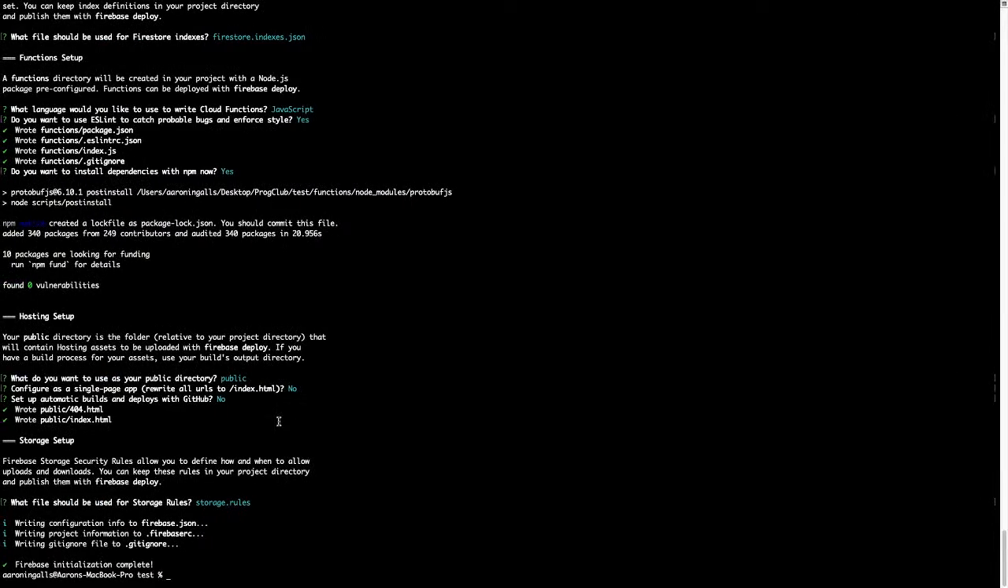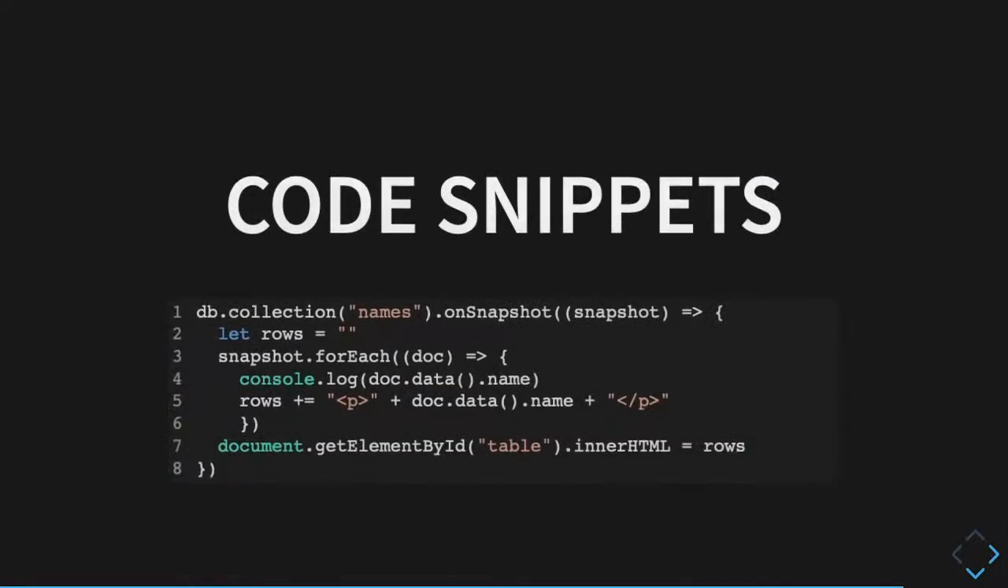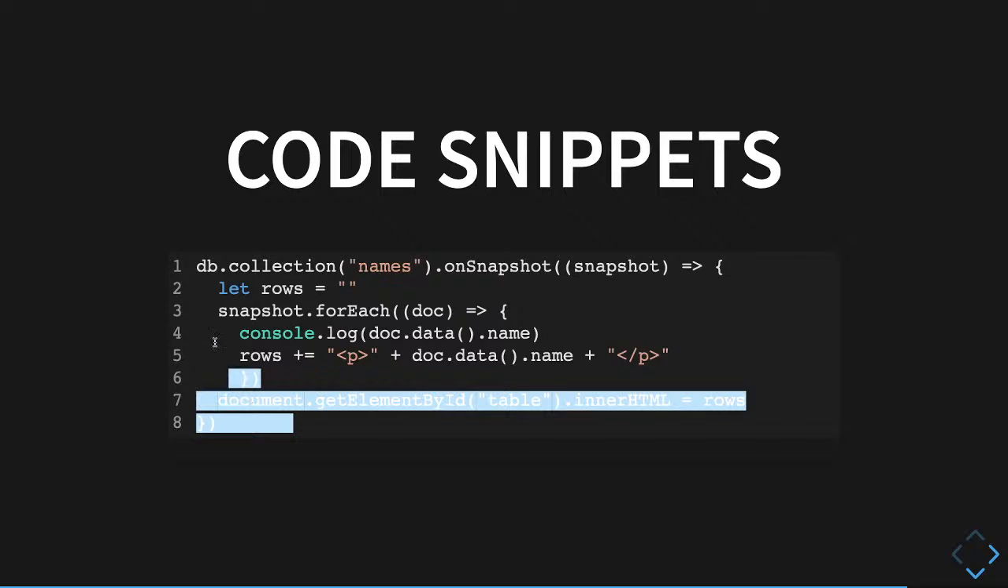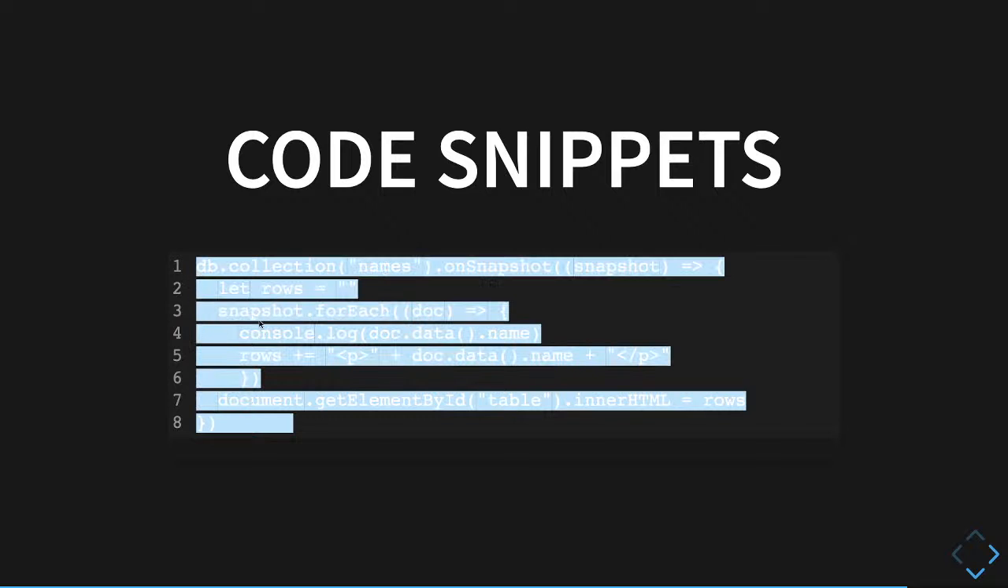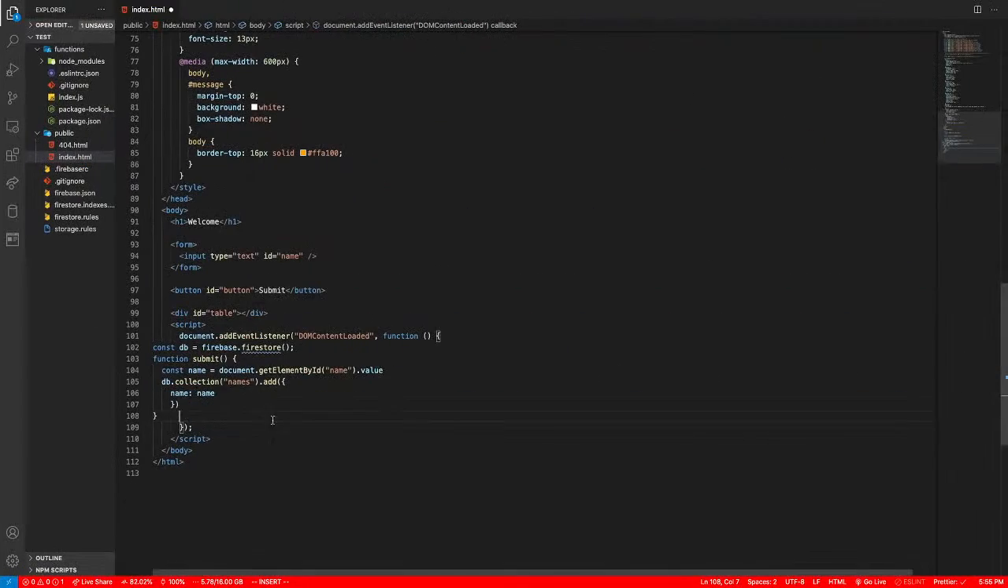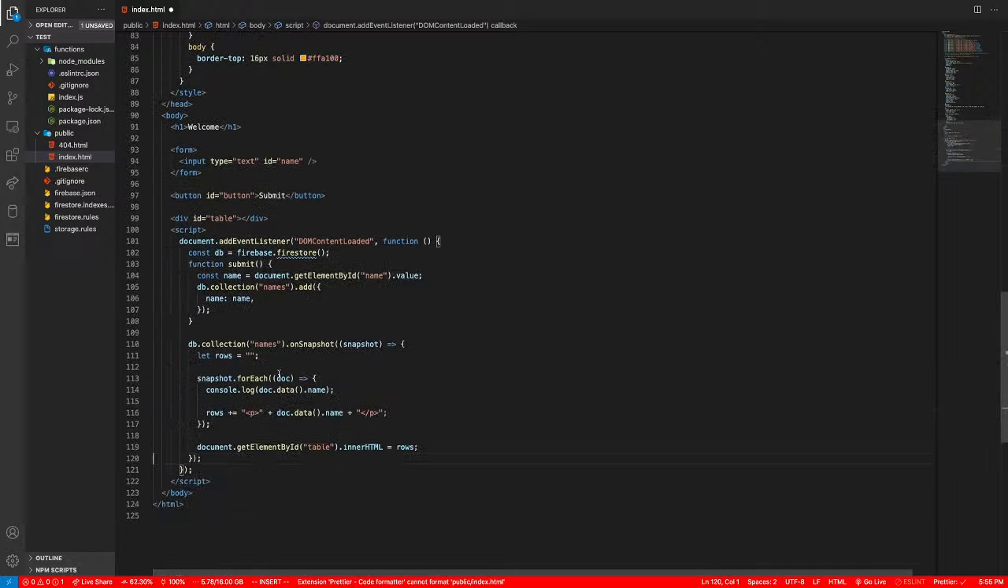Then let's see what the next step is. We have this chunk. Yes, this chunk. So now we will be working with our snapshot. Man, that looks ugly. Okay. So what this function here that I just copied will do is whenever a new thing gets added to the database, like right here when we click our button and add in the name, it will re-trigger this on snapshot